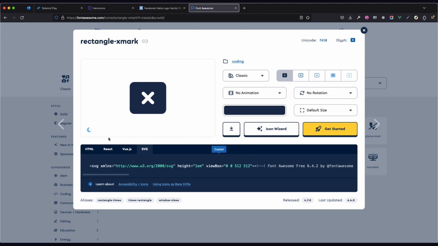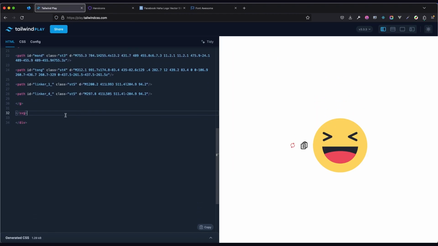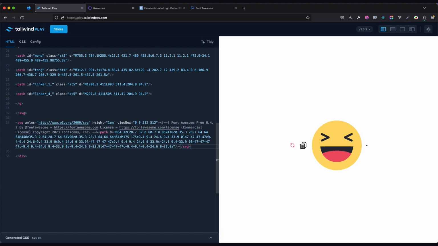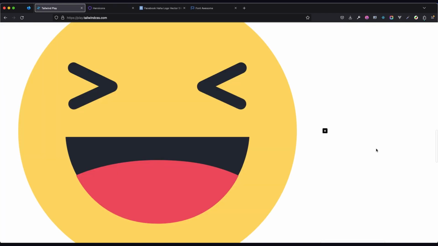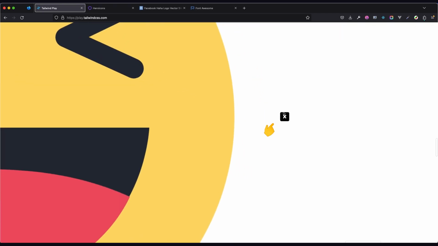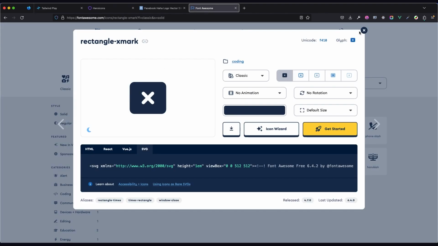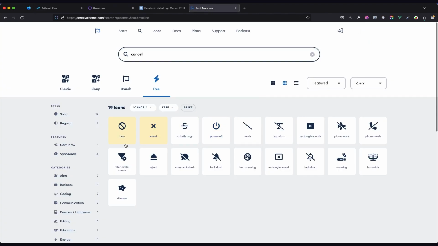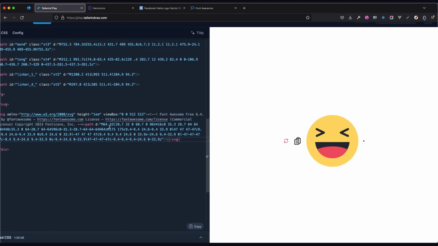Once you click on this, you can copy it, and I can just come right here and paste it, and we can see it right here, even though it's very small. But zooming in, I think we can see it. You can pretty much copy or use any icon you need this way if you don't want to make use of icon fonts, or for some reason need more customization. This would also work nicely with any other styling, which we'll get to in the next arc. But for now, let us move on to the next one, which is going to be